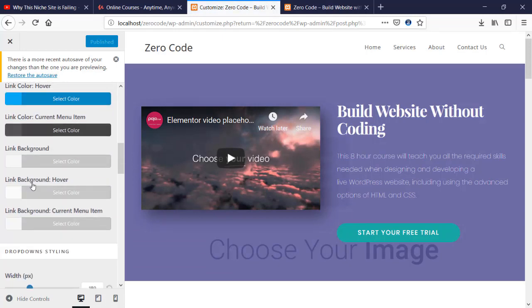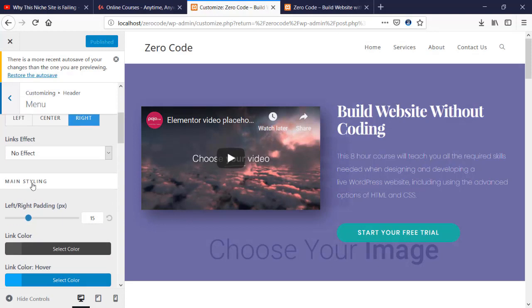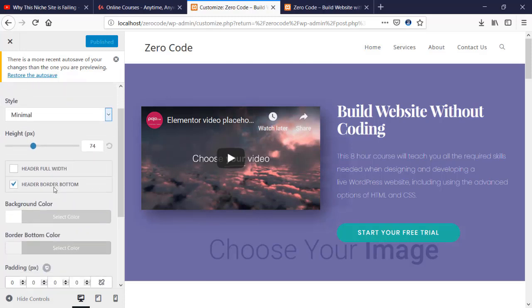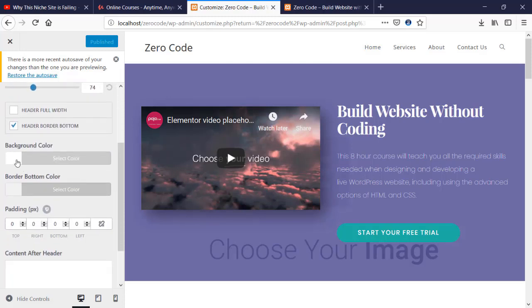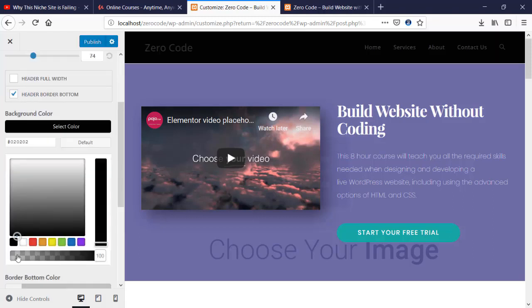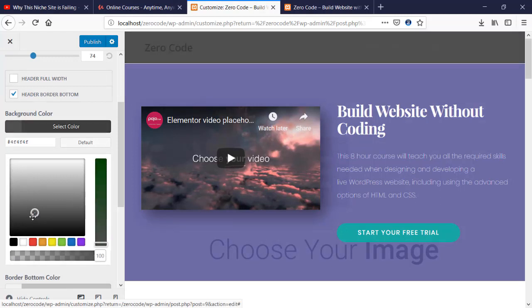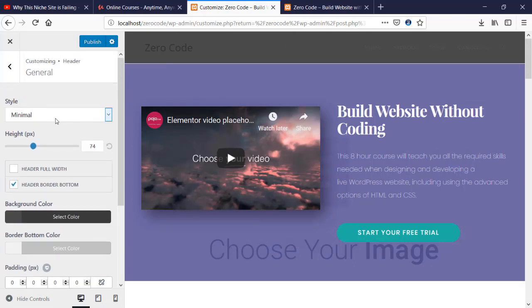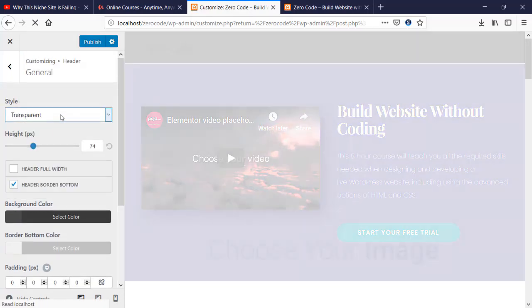Okay, for example, if we want to change that one, we can change that, but right now I'm going to change the background of that one. Therefore we are going to come in header in journal, and we have the background color. Let me just check that. See, we have red, and we have this color, and we are going to change the style to transparent,